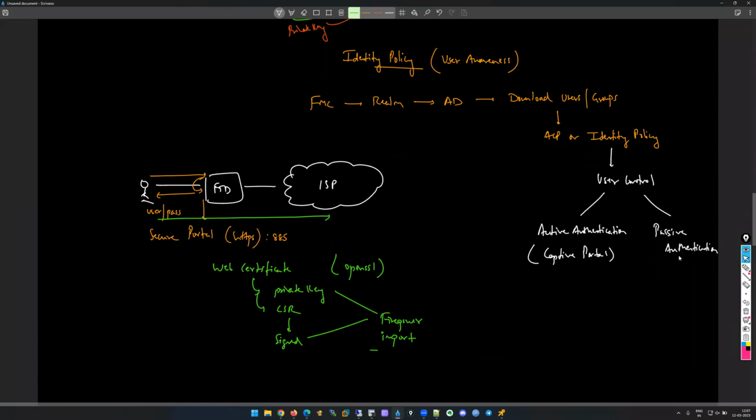Okay. The other thing here is passive authentication, which is done through ISE, Identity Services Engine. It is Cisco's implementation of AAA. You can call it a next generation network access control system. We'll be going over it in great detail later on in the course, so I won't go into too much detail about it right now, but